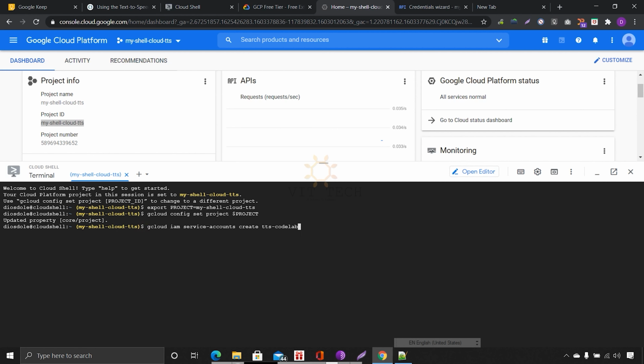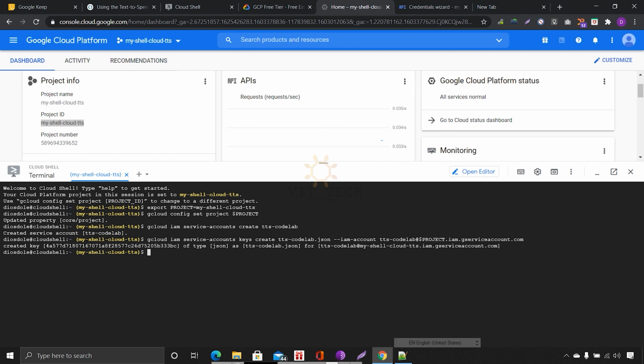Now we will create a service account. This is the service account. Now here you can see the service account created. Now we need to set an environment variable to run this service account. This is the code. Yes, now the environment service account is created. Now finally set this JSON file, the app credentials, Google application credentials. Now the prerequisites and setup are completed.